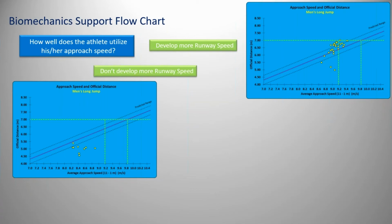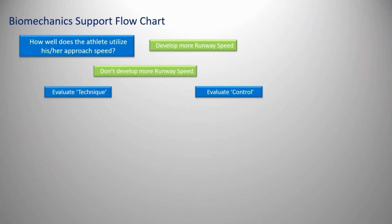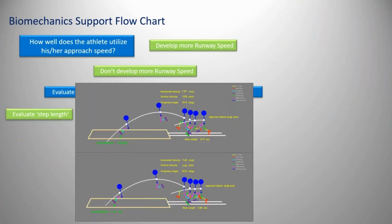The athlete in the bottom graph here on the left, the faster he was running, the worse he was getting. So there's just no way you would tell him to run faster. So this is how we would take data from the LAVEG on the runway and say, this is what we would expect you to be able to achieve. If you can't, there's some other issue. And that other issue will be either technique related or control. We can look at modeling